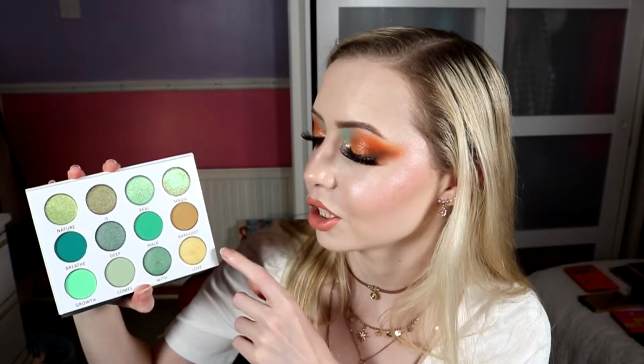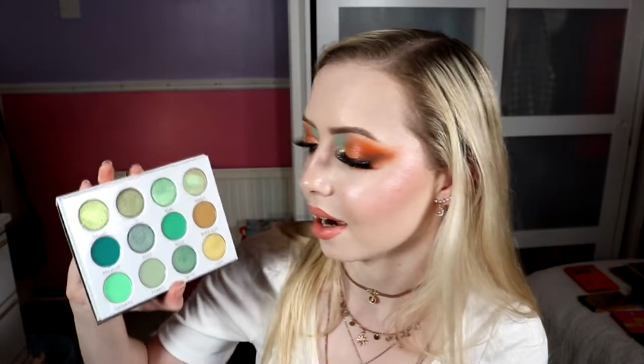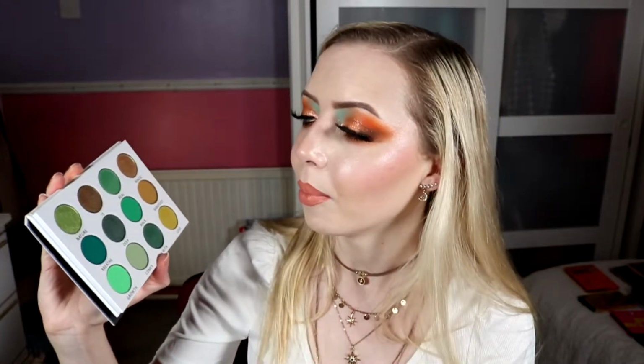Isn't that pretty? I wouldn't say they're the best quality made products, as in the packaging and the way things are done. Everything's quite thought out in certain aspects and then not in other aspects, but I love this, and there are some really fun duochromes in this. They're very good with their duochromes. Let me see, this one would be one that I do quite like as well. I haven't used it, I've just swatched it, but I think the colours in this palette are very nice. I love the colour story overall, this kind of sagey shade, but I just haven't used it,